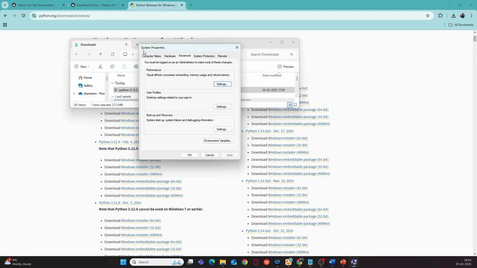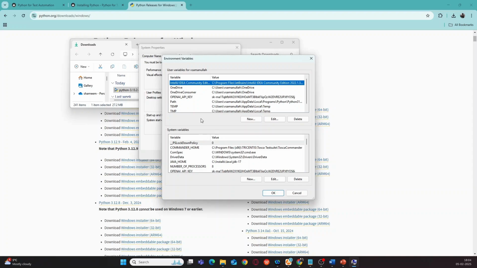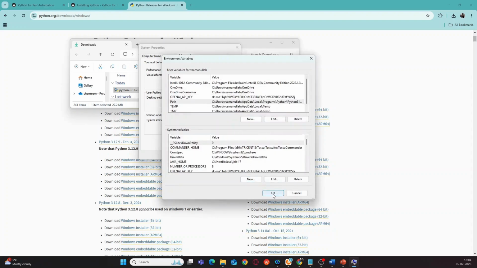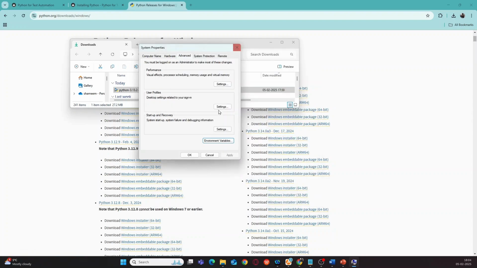So now we have the system properties, under which click on the environment variables. Okay, and go to path and double click on this. You can see you have the two paths here. One is for the Python scripts path and another one is where the Python exe is available. Okay, so it is automatically added to my environment path variable. Let us close this and